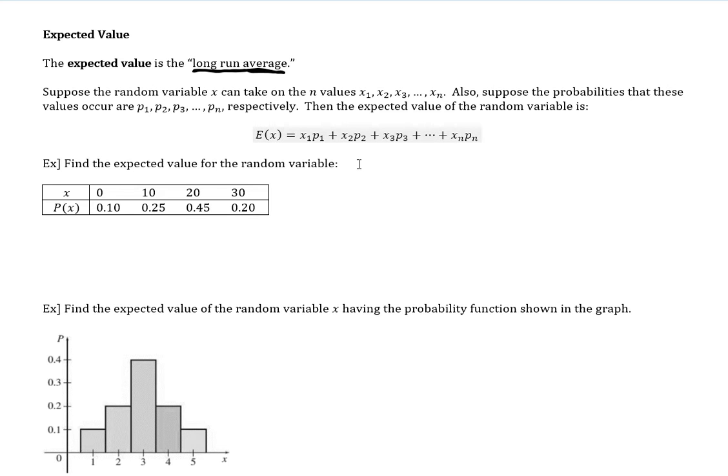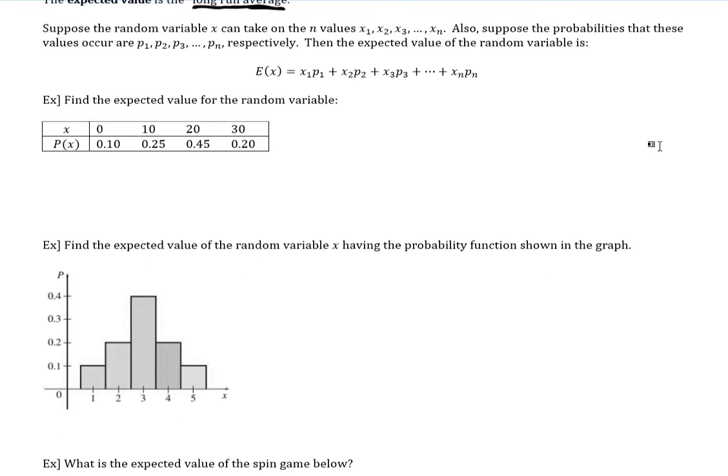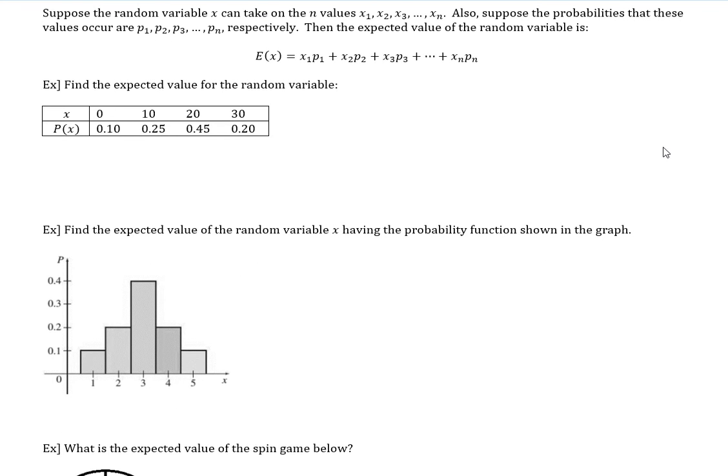In math, this is how we find it. In words, it's taking your x value, multiplying it by your probability value, and then adding them all up. So for instance, in this example, find the expected value for the random variable. The way I think of it is this table is key. I just group these vertically